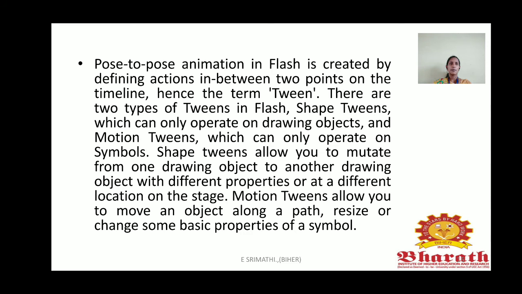What the tween option lets you do is create one small path. After creating the path, when you choose the tween option, that particular object will move according to the path you have created, from end to end. That is called pose to pose animation. From the starting point to the ending point, in that small path only your animation will be done, not on the rest of the background.